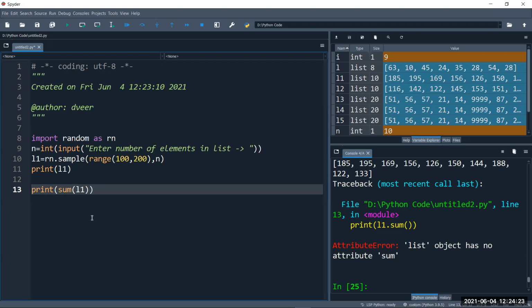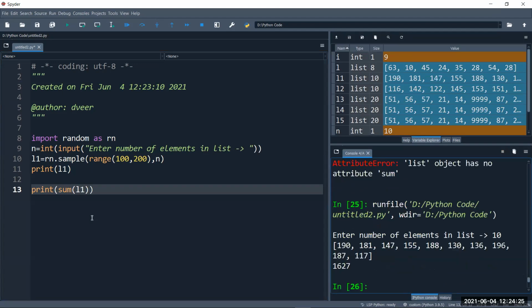Yes. So we write it like this: sum of the list. So it will find the sum of all the elements of the list. Next is